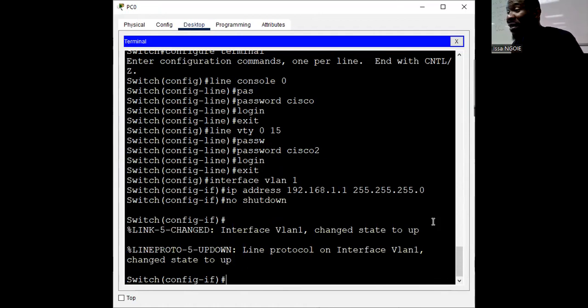You are done. So the process is line space console 0, password, you put your password, login. When you are done with line console 0, you must move to line space VTY space 0 to 15, right? And you come down, you say password, you put your password, and you say